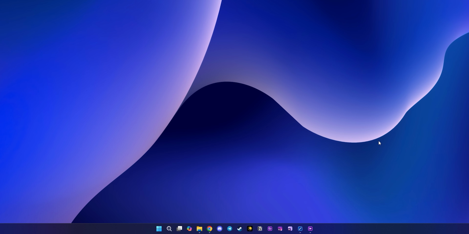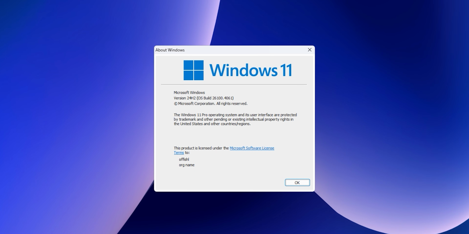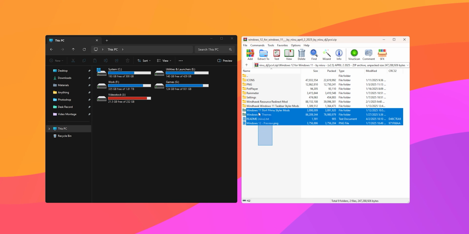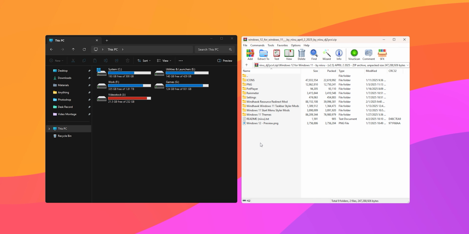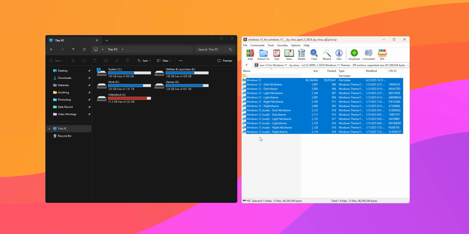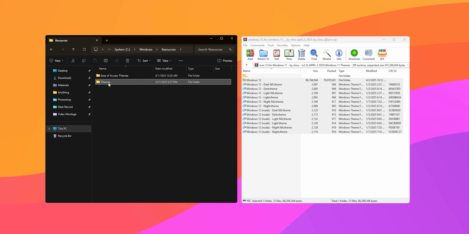Yes, themes are created for different systems and versions. You can find out your system version by typing winver in the search. So, the downloaded theme archive usually includes all accompanying materials and settings. We only need the theme folder. All these files must be transferred to the directory Drive C, Windows, Resources and Themes.